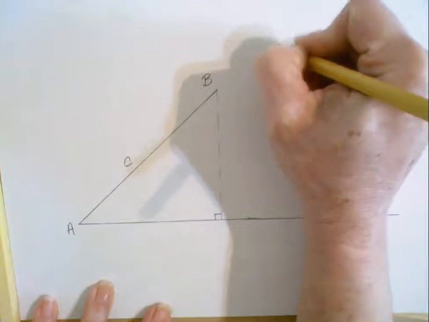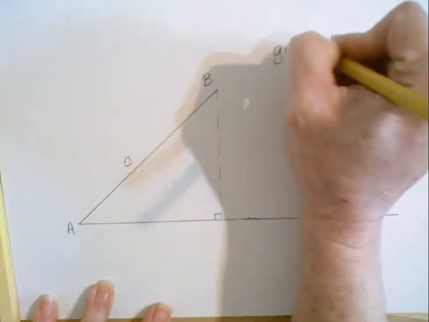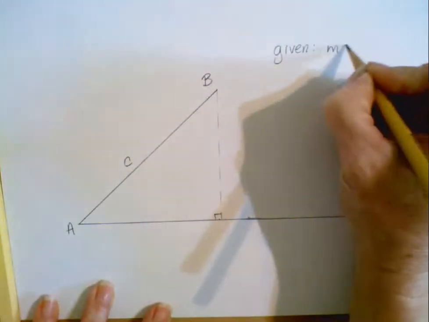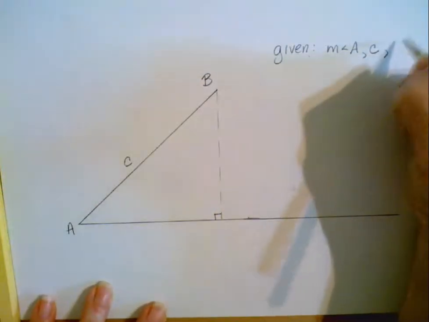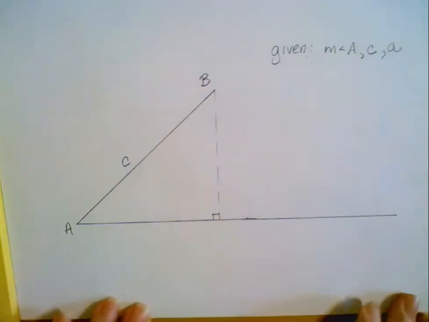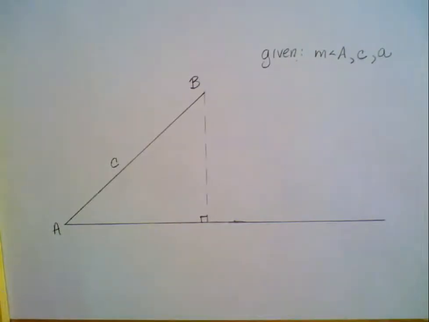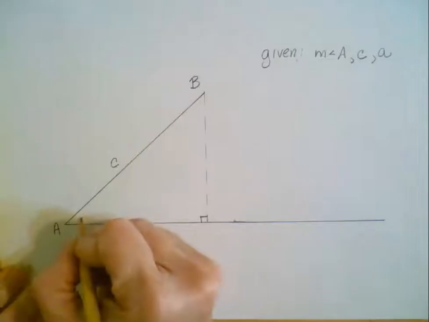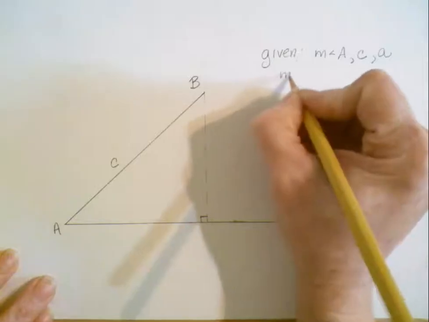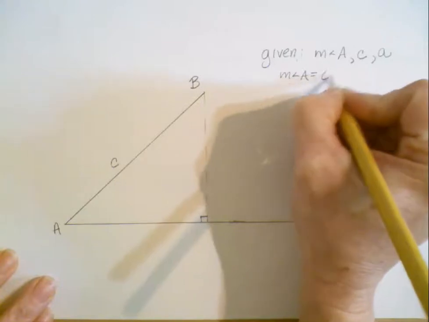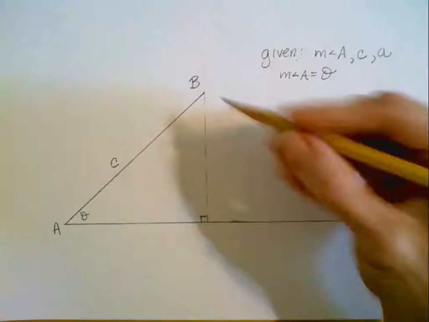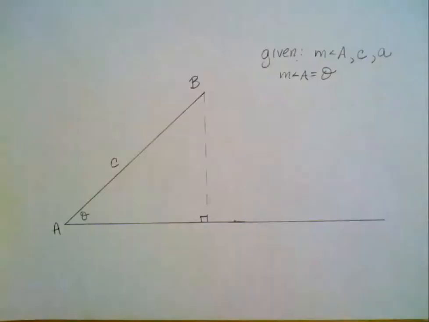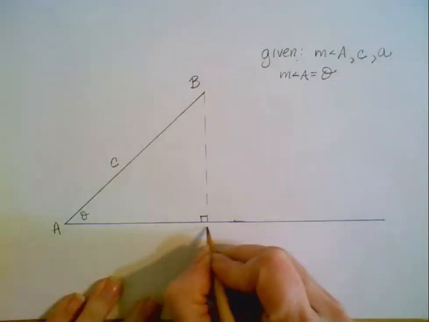So we're going to assume that you're given the measure of angle A, the length of side C, and the length of side A, just like what we were given in the last one. Okay, so let's call this measure of angle A theta. If I want to determine the scenario under which there is one solution, let's call this point D for a minute,